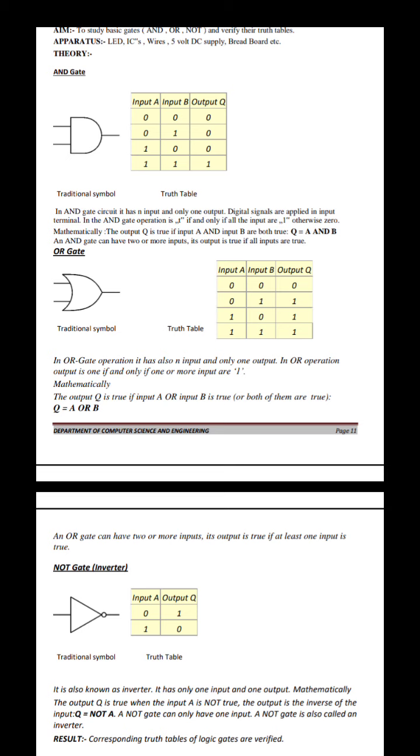So in this XOR gate operation, when both inputs are 0 or both inputs are 1, we get the output 0. Then when we give alternative inputs, for example A equal to 0, B equal to 1, or A equal to 1, B equal to 0, only at that time we get the output high state, or 1, or true state. So these are all the logic gates. Finally, the truth tables of all the basic digital ICs were verified using this truth table.